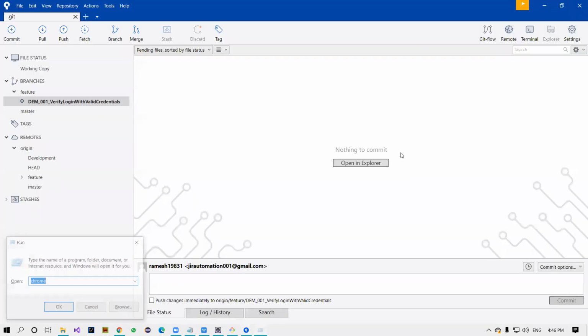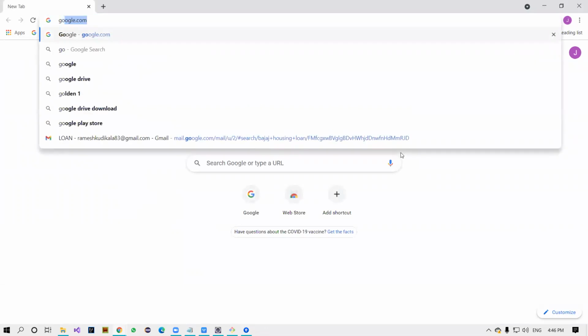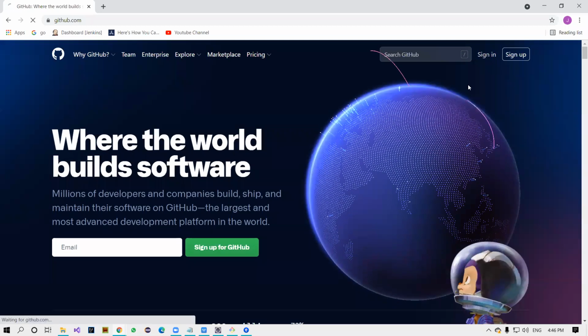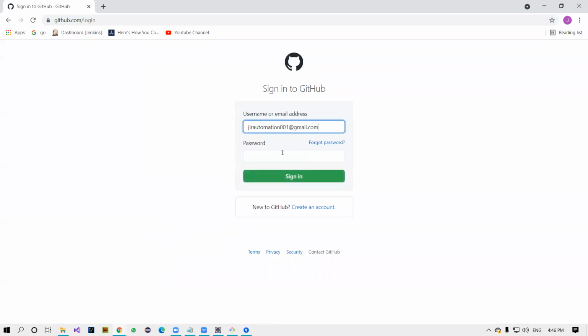So I'll go to my repository and download some code over there. In the GitHub repository there is some code, and from there we can push that code to Bitbucket. Let's see that practically.